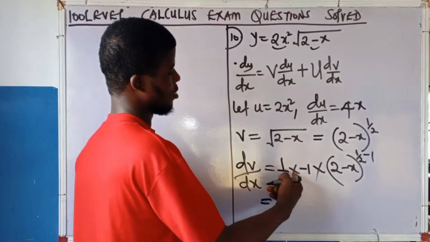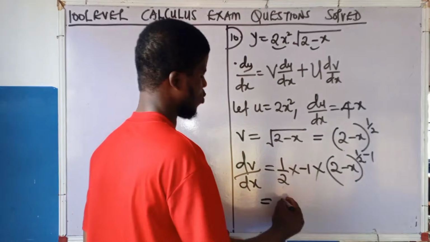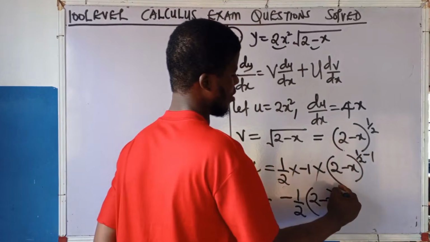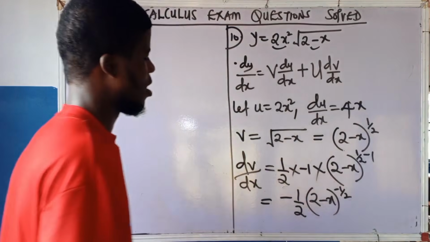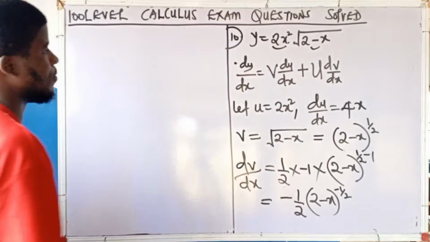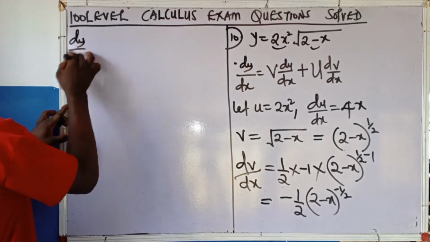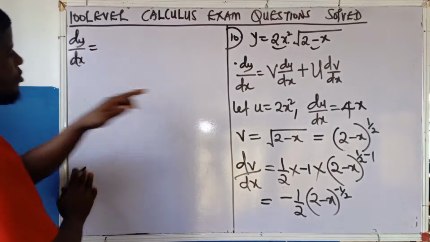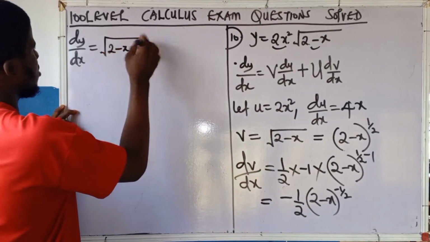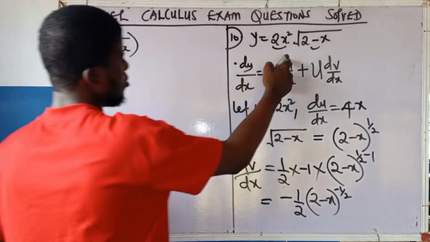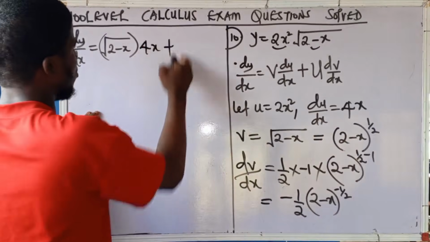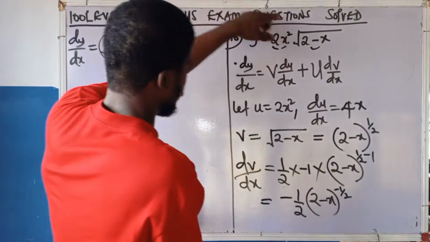So I'm going to say, this is 1 half times minus 1 is minus 1 half into 2 minus x. Half minus 1 is minus 1 over 2. So in the final application of the product rule, I will simplify this expression. So that the final dy dx is this v, which is everything here, the square root of 2 minus x times du dx. What's du dx? 4x plus u is what? 2x squared